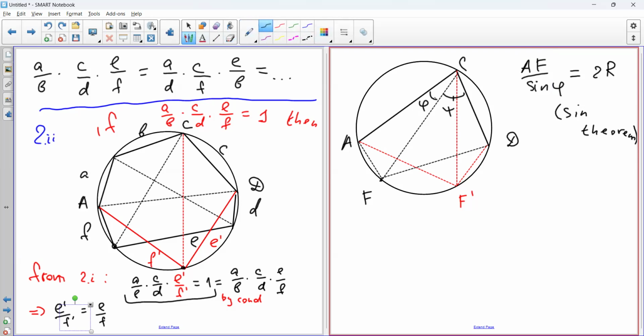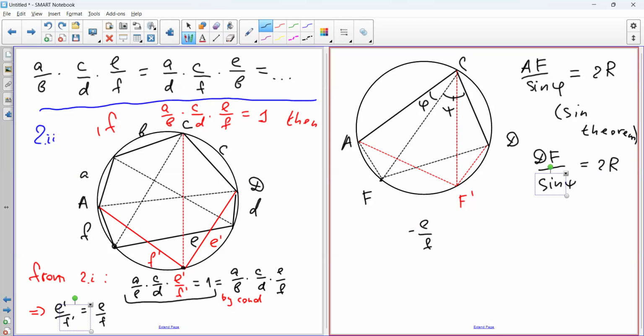So we have that AF over sine of this equals double the radius of the circle of ACF, which is just technically the same circle. Same we can say about DF. So DF over sine C would be equal also to double R,